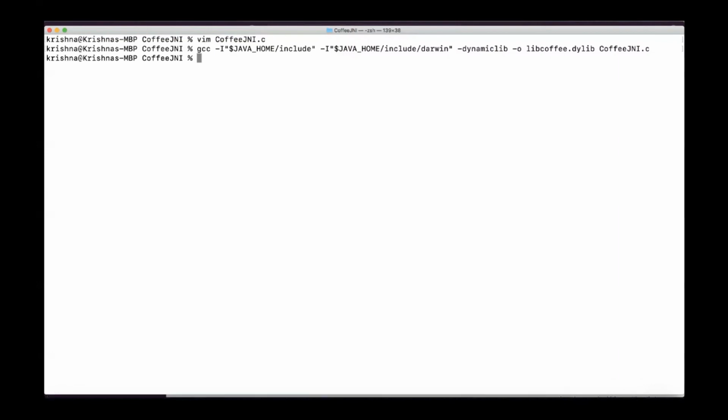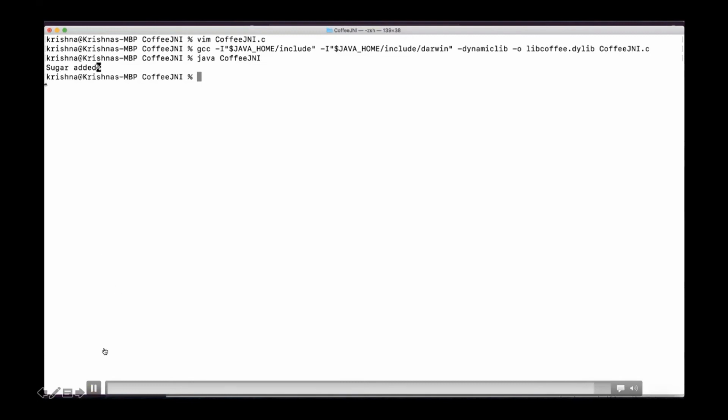My Java code can actually invoke the C code. Let's just see if that happens, right? So I'm just going to invoke my Java file, java coffeejni. That's it. It has called the printf from the C world, and it has called sugar added. So this is just to provide you a motivation to